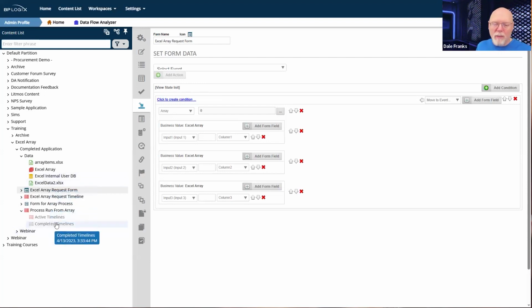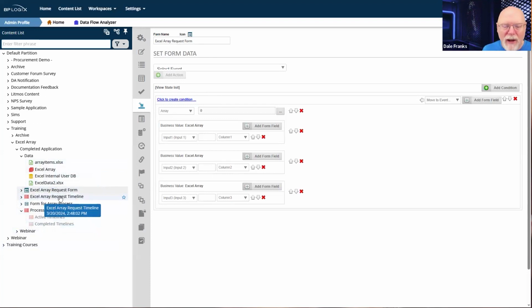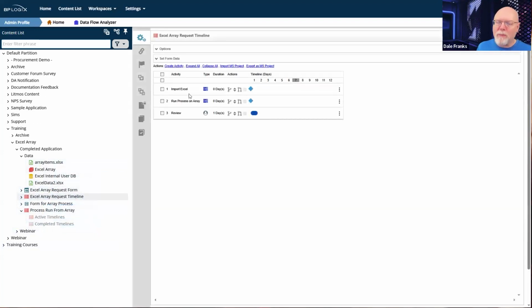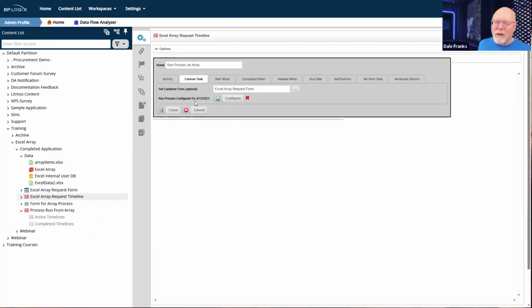And so once that form loads and it fills out that array, and we saw the 3 rows in that array from my array items Excel file, then in the process timeline, after I've imported that, I've got new data, then I can do the run process on array, because now I've got an array of new data that I just imported via uploading the spreadsheet and submitting the form.